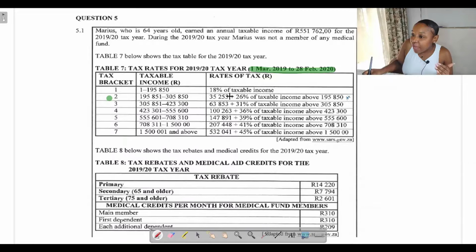You would basically pay 30, because this amount, 250,000, is between 195,851 and 305,850. We do agree that 250,000 is between that tax bracket. Now, if it is between that tax bracket, or tax bracket number 2, then to calculate the amount